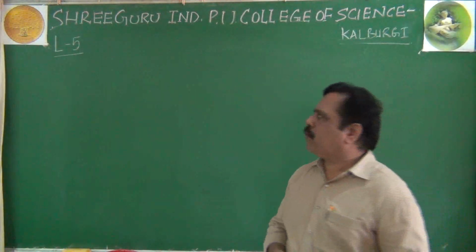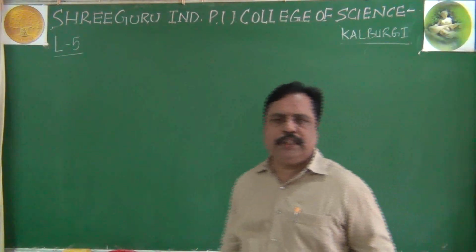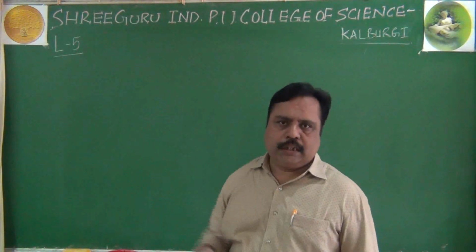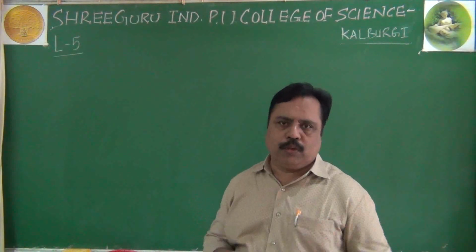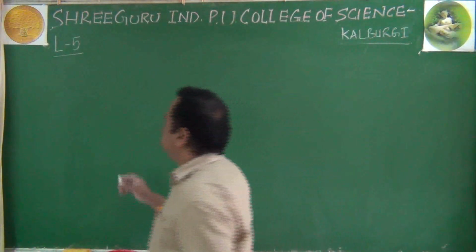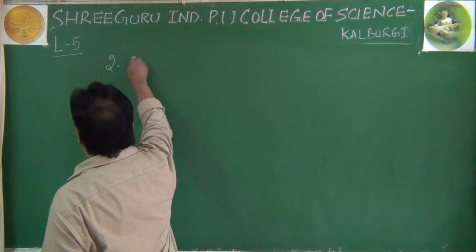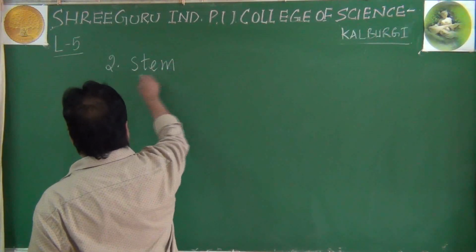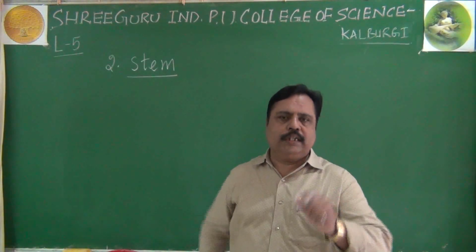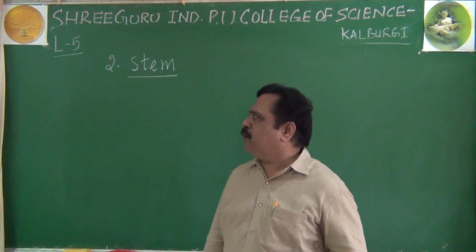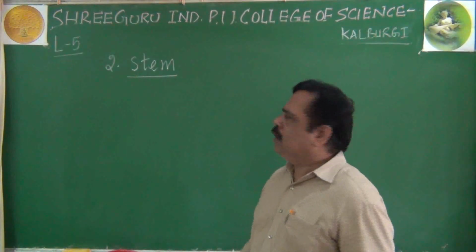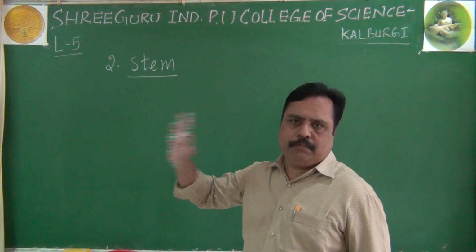Okay, students, we are seeing the morphology of angiosperm or flowering plant. There are 7 organs of a flowering plant which we are seeing one by one. So far I have told you only about root. The second important organ we have to remember is stem. We have to describe the stem of the plant here. About their general characters and everything we are going to discuss. Please remember, the spelling for stem is S-T-E-M only.